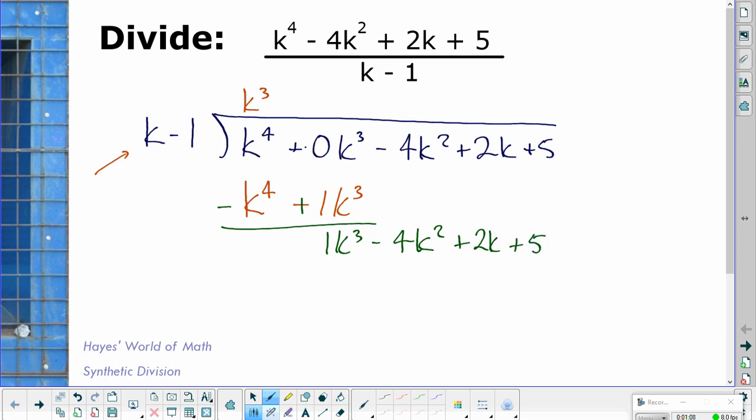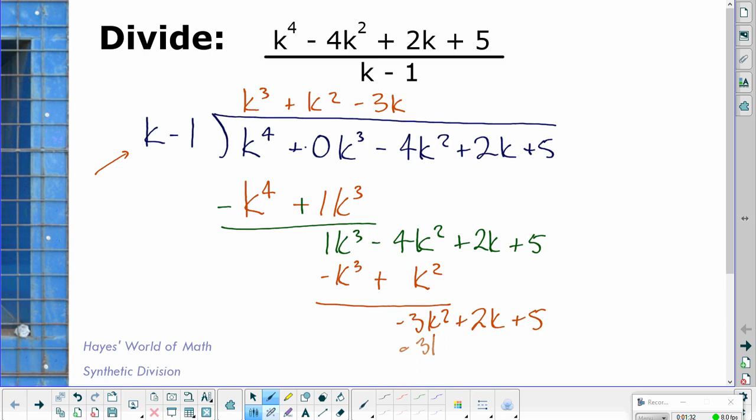And then you're going to just continue the dance, right? So I'm going to go through and say, okay, that's going to be k squared. So then I'm going to get k cubed minus k squared. We're going to change the signs. -3k squared plus 2k plus 5. -3k, etc., etc. Now, as we go through this, ask yourself this question: what are